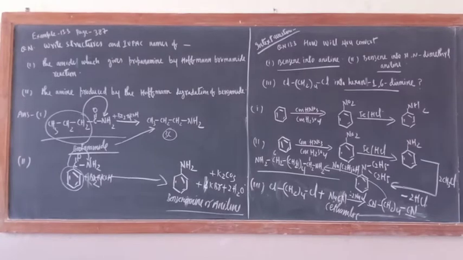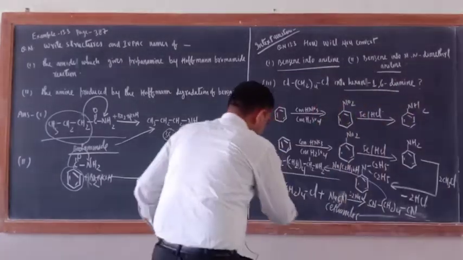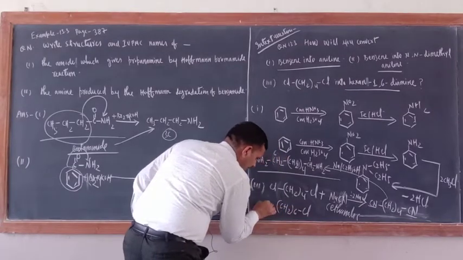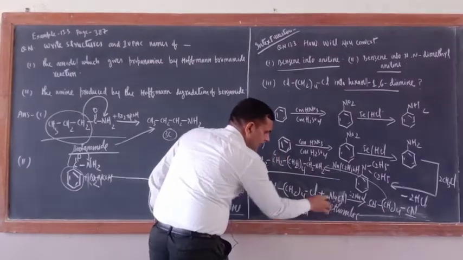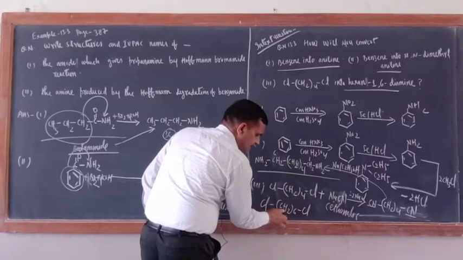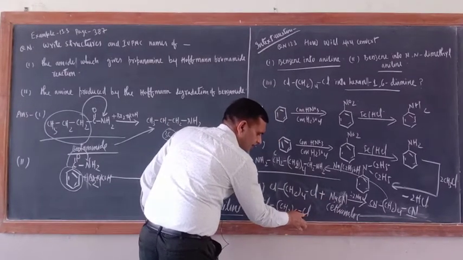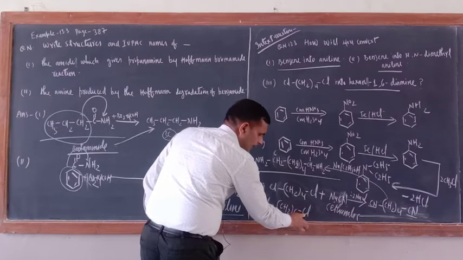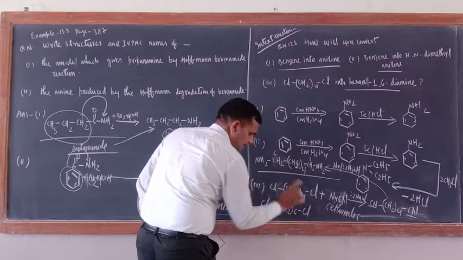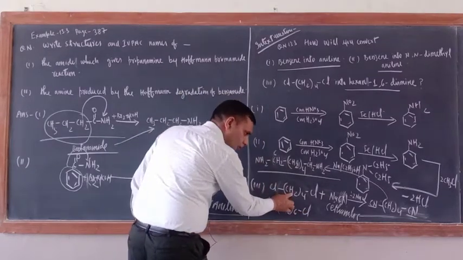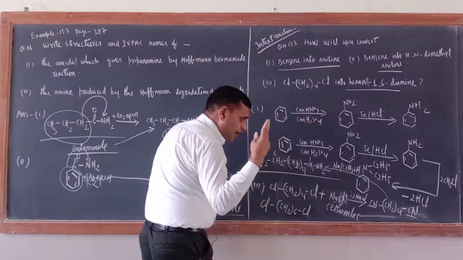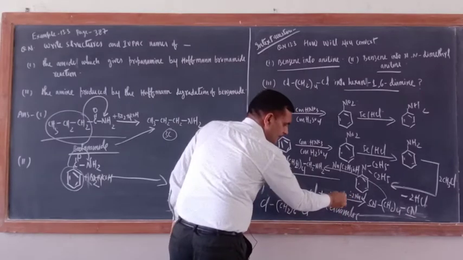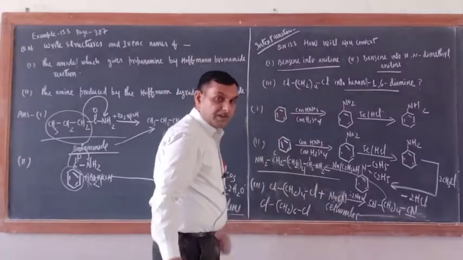Okay, just see here one thing. If this compound is like that, Cl CH2 whole 6 Cl, then there is no need to react it with NaCN because 6 carbon atoms are already there. React with ethanolic NH3, so directly you will get the NH2 group at both places. But here since 4 carbons are there, you have to increase the number of carbon atoms. How can you increase the number of carbon atoms? By reaction with NaCN, because cyanide is a special kind of functional group.